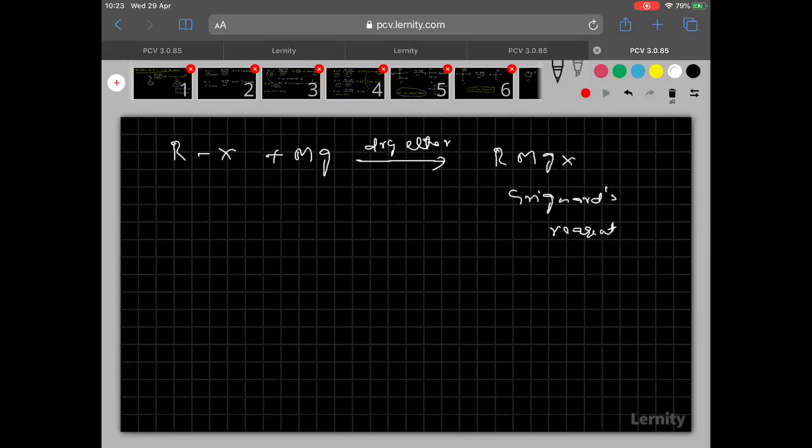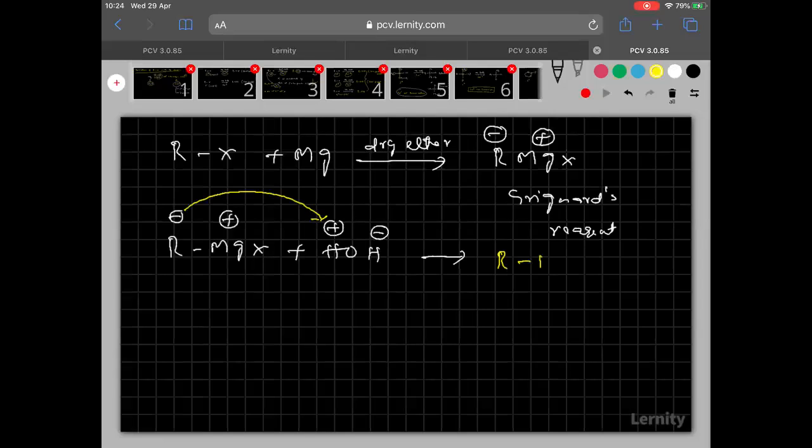Okay. Now, just now I told you in Grignard, R will carry negative charge, MgX will carry positive charge. So remember everyone, this Grignard reagent RMgX, when treated with water, you know, water contains H plus and OH minus. So the R minus of Grignard combines with H plus of water. Then what we will get here? RH we will get. Then MgX combines with OH minus. Clear everyone? So here OH and here X.